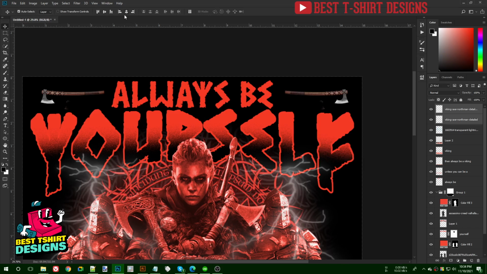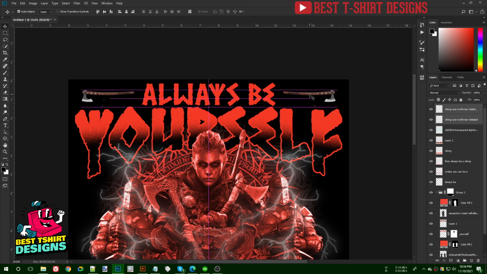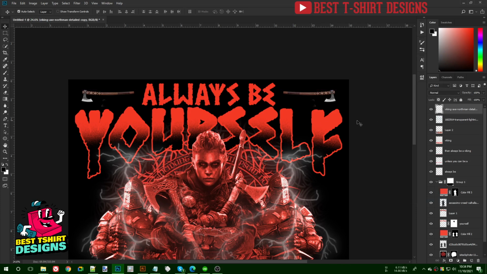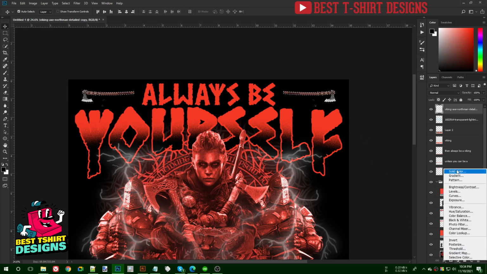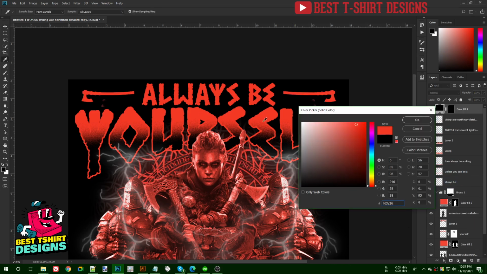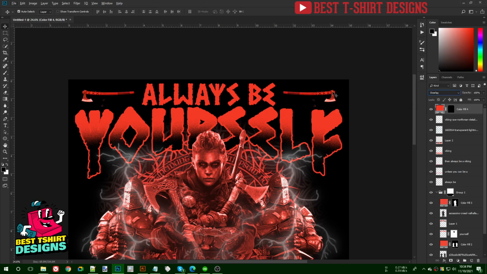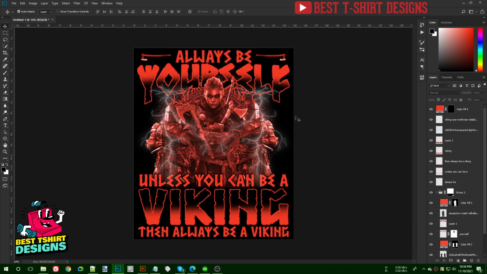So I'm selecting these two, then I'm going to align them to the center position, something like this. Then right click to merge layers. It is becoming one layer. Now again I'll do the same thing. I'm going to make a selection of this, and then I will add a color layer on top of this, and this color should be this one. And of course with that I am going to change it to Overlay, and that is going to give me that exact color look. So you can see this is how we can simply fit in anything. And of course if I want I can use another one here.